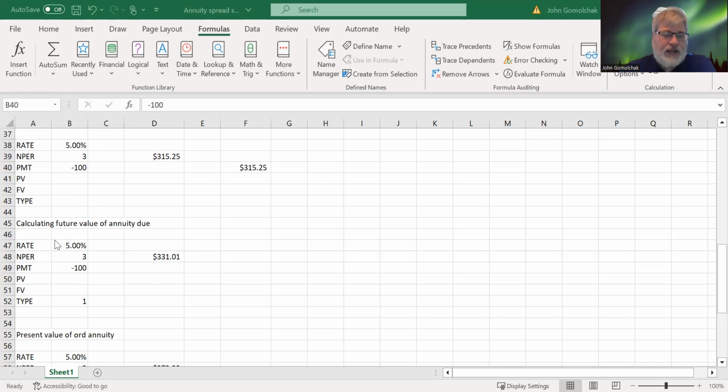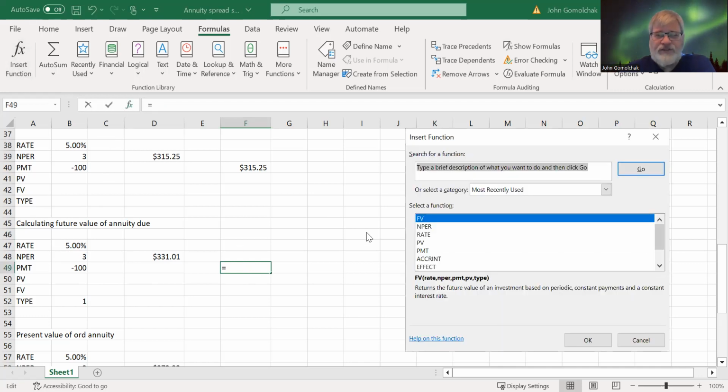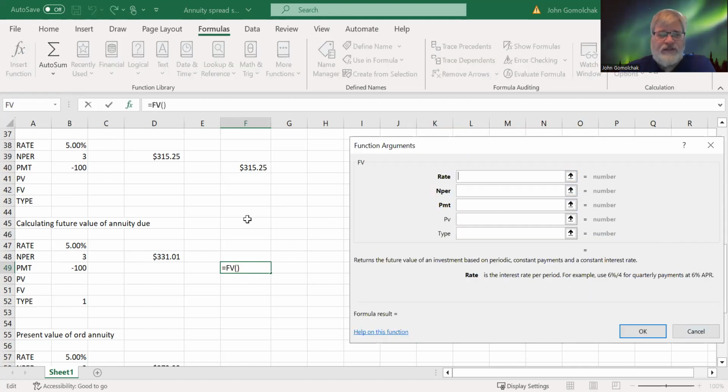All right. So now the first thing I'm going to do is set myself up a little box over here. I'm going to hit my insert function. I'm going to do future value. I get my input boxes here. Rate is still going to be B47 at 5%. Number of periods is going to be B48 at 3 periods. Payment is going to be